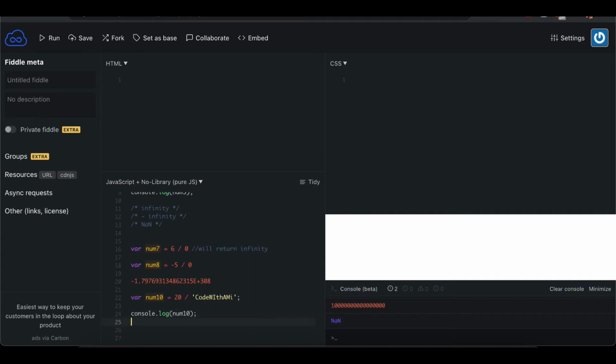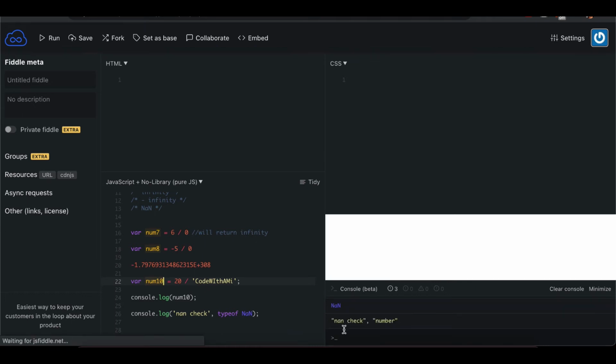Many times an interviewer asks you what is the type of this not a number, because if you think about it, it is itself saying not a number. So people start thinking that it could never be a number, but actually the type of NaN is always a number. If you want to check the type, you can simply write typeof NaN, say nanCheck, and if I run this, nanCheck is a number.